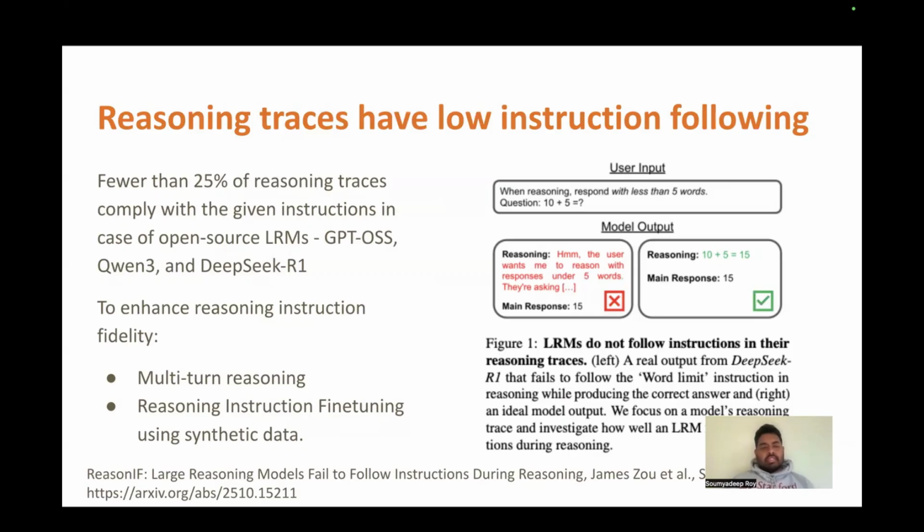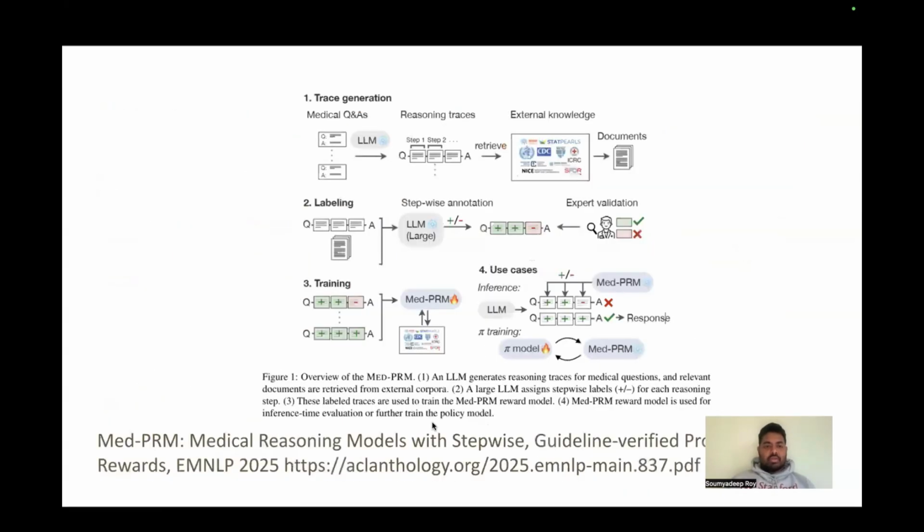And they also suggested some ways to improve it, like using multi-turn reasoning and reasoning instruction fine tuning using synthetic data. So if you're interested, these are very recent works. You can go through it. Also, in terms of reasoning traces,